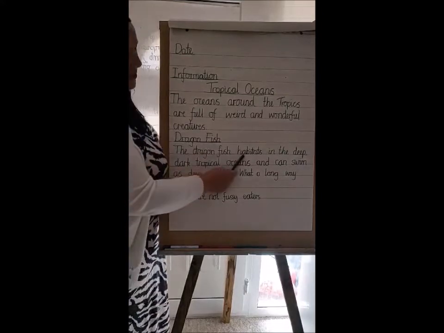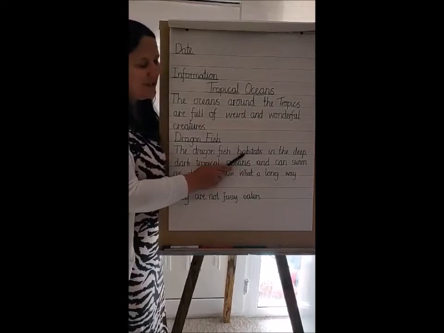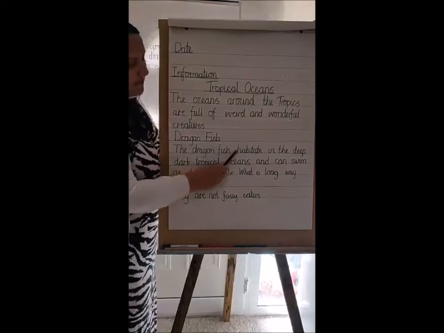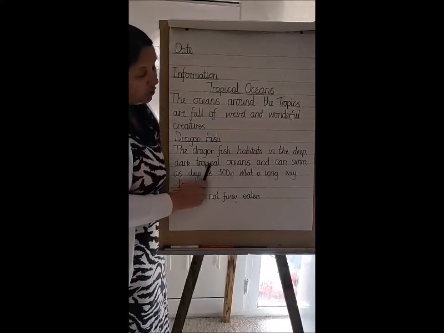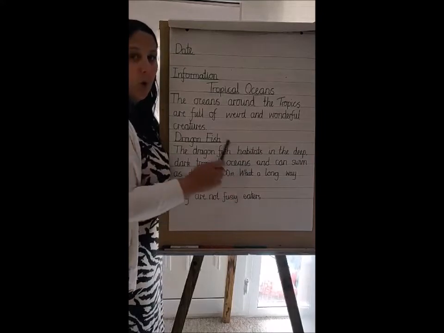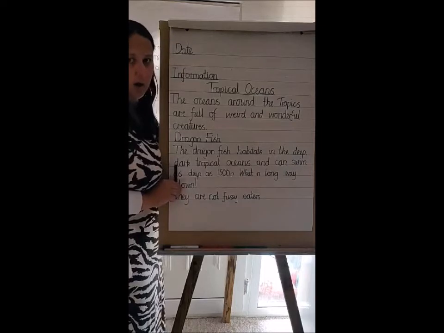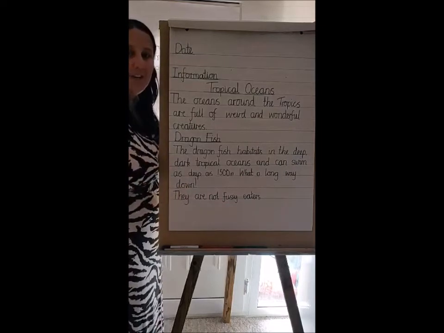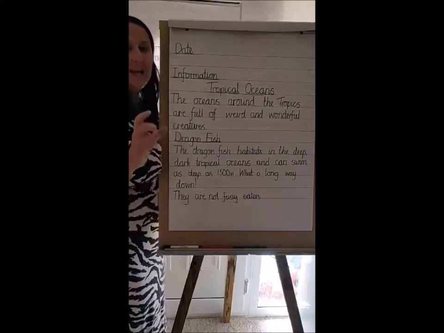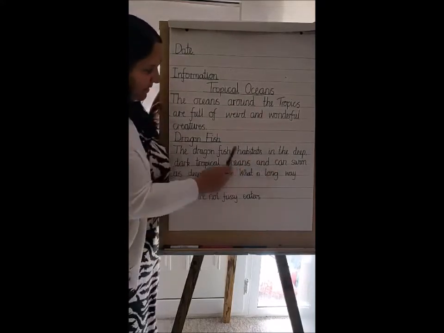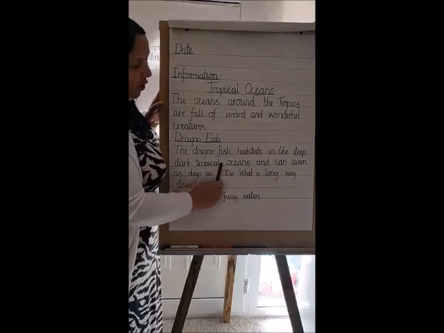The dragonfish habitats, what does habitats mean? It means lives. Good, it's the area it lives. The dragonfish habitats in the deep, dark, tropical oceans. What did I do there? I used the words deep, dark. Excellent. Well done if you recognise that expanded noun phrase. Adds that little bit more detail. The dragonfish habitats in the deep, dark, tropical oceans